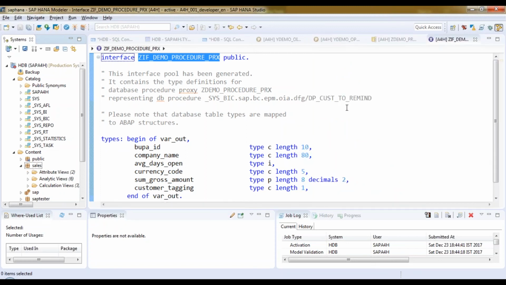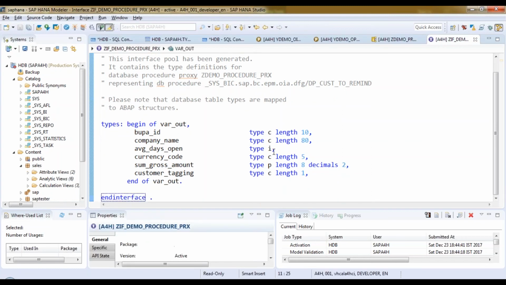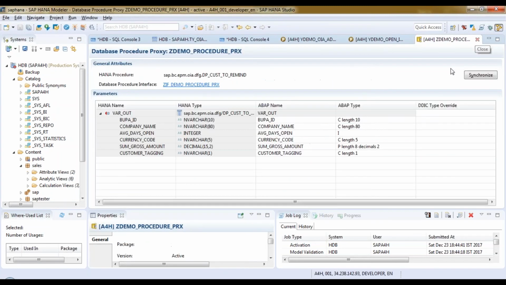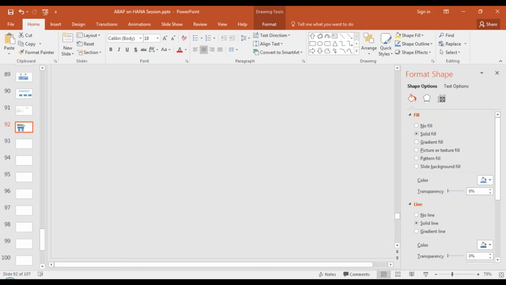Very small concept, not really important, managed by database administrators, not even by you as an ABAP on HANA consultant, but yes, important to remember, because this could be an interview question or a certification question when you're going for certification. Is that clear to everyone? What does schema mapping mean? Okay, let's move on. So now we saw these disadvantages.